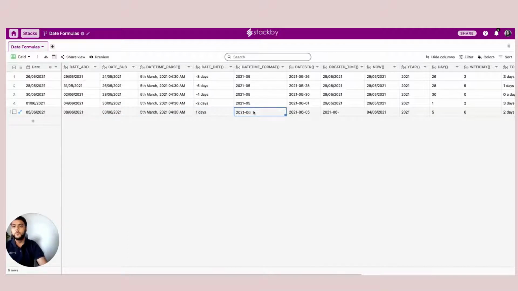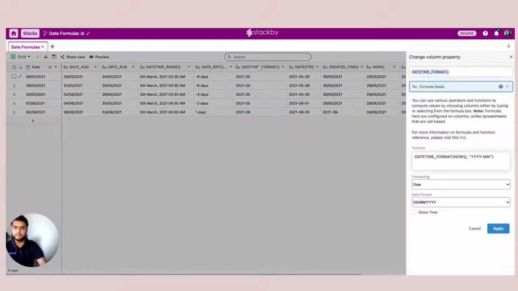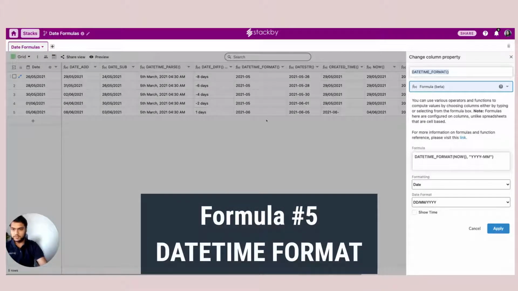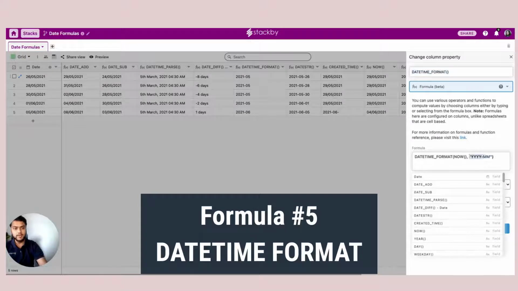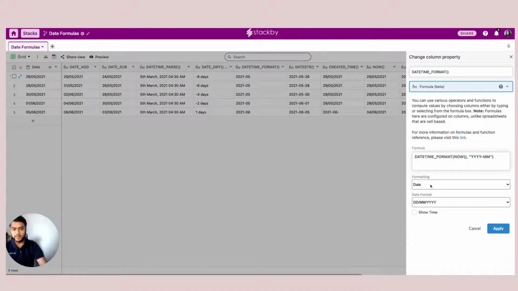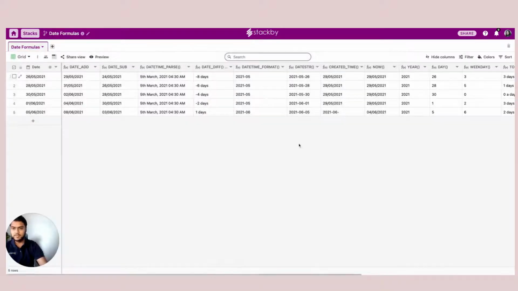Now I want to change the format. I can use a date time format, which is currently the now format, and I want to show it in year and month. I can use the format as a date. Just apply. It basically gives me the month and the year.